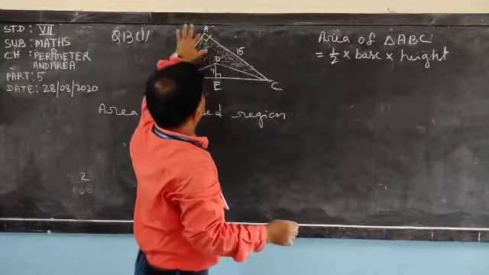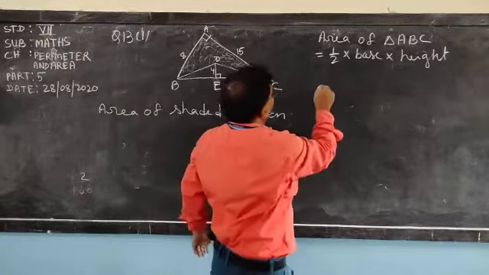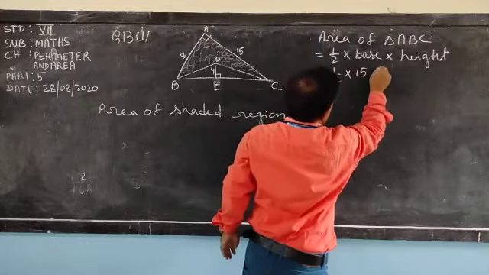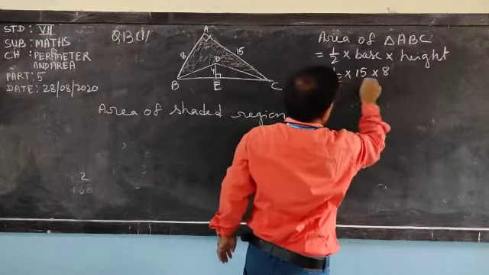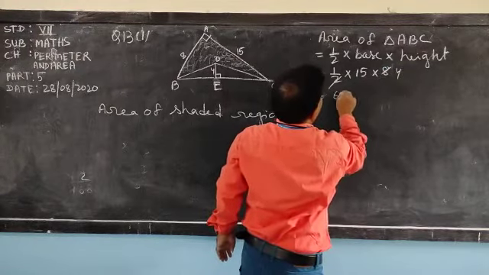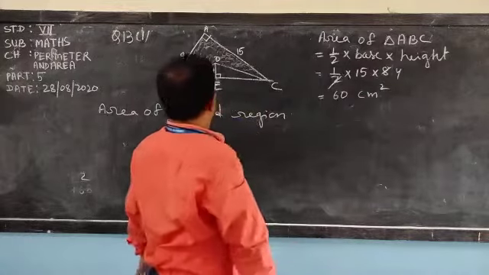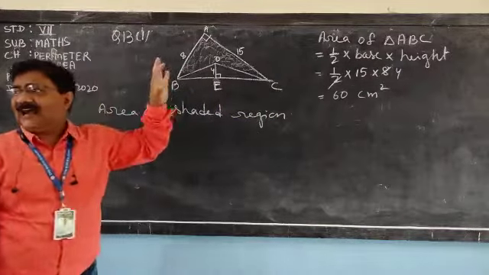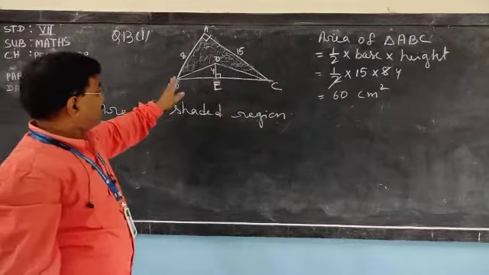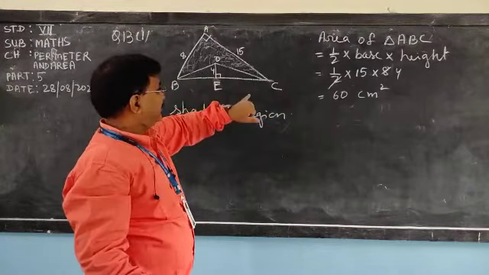Let 15 be the base and height is 8. So half into 15 into 8. 2 4s are 8 and 15 4s are 60. 60 centimeter square. So we have got the area of the large triangle, but we have to subtract the area of triangle